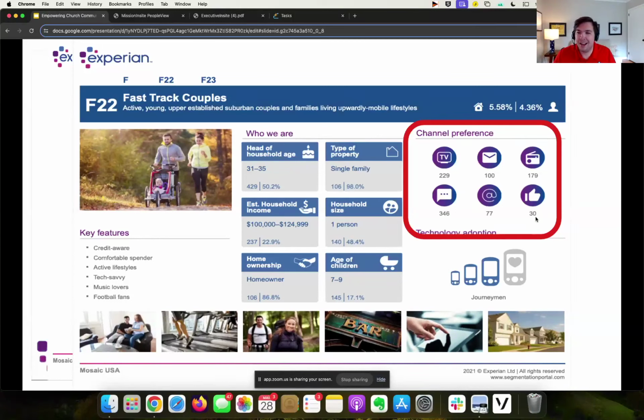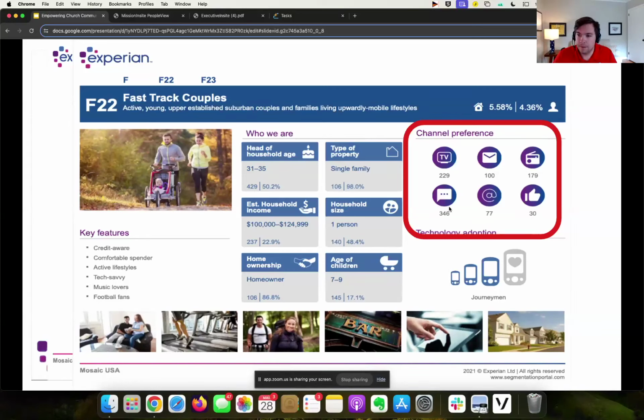Social media is not the way to reach them. I'm not going to say it's impossible, but that's not this persona's preferred method of communication. And this is not data that ACS Technologies came up with. I kind of want to reiterate that while we're here. This is Experian Consumer Report data, an organization that has data on every single household in the United States. Public sectors, public secular companies use this information to market to me and you. But for these people, it's well below 100. We're not going to reach them. So how are we going to reach them?